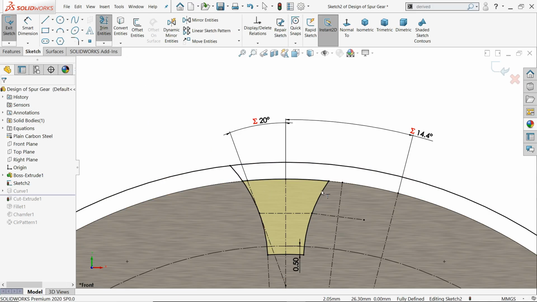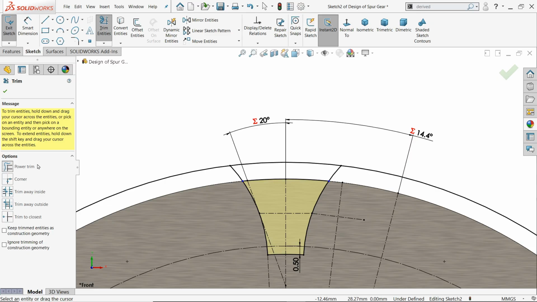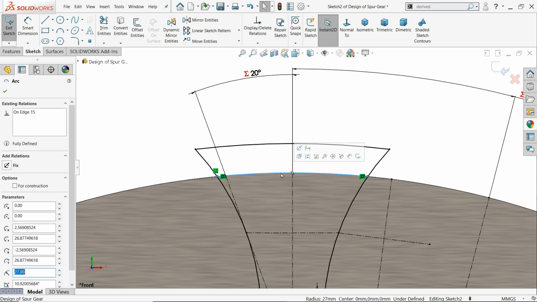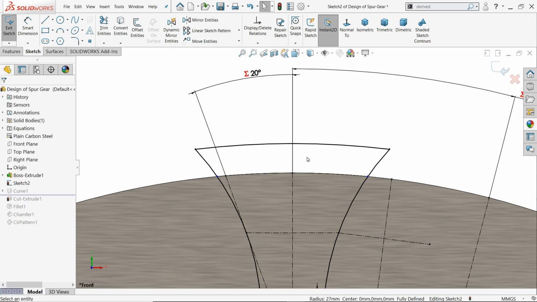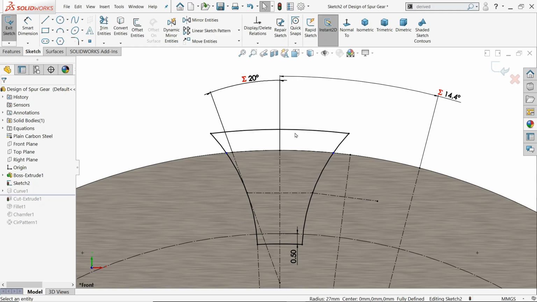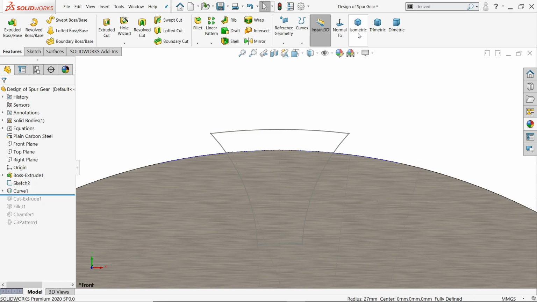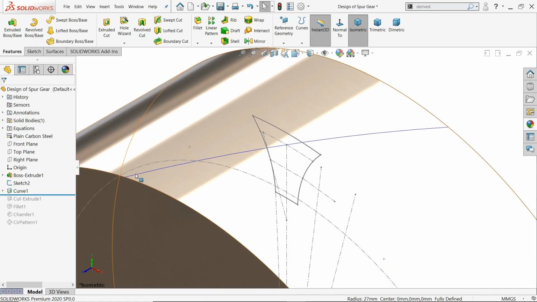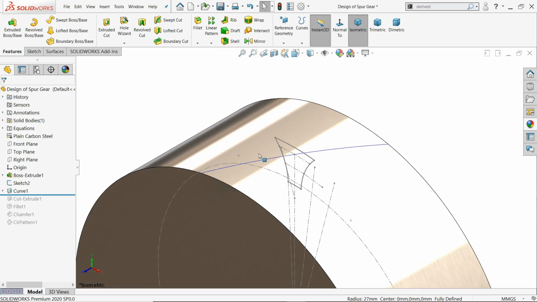Select this one, it's going to extend. Now choose trim entity, click power trim, drag and cut. Okay. Now select this inside line, click construction geometry. Now this is full solid geometry. Exit. Now you see this portion is a little upward from the surface. So this is really helpful if you are going to cut on any circular face.